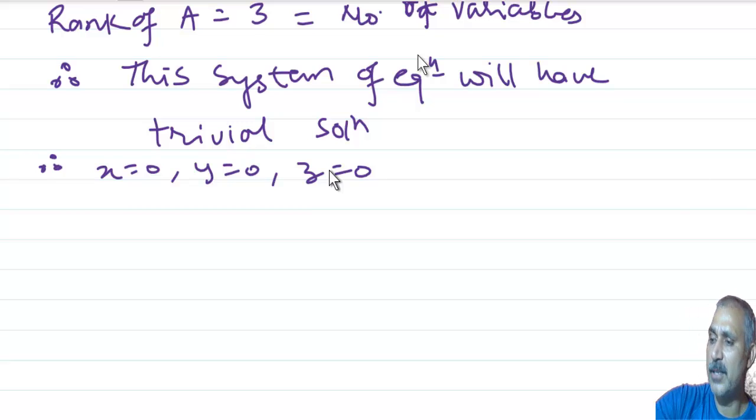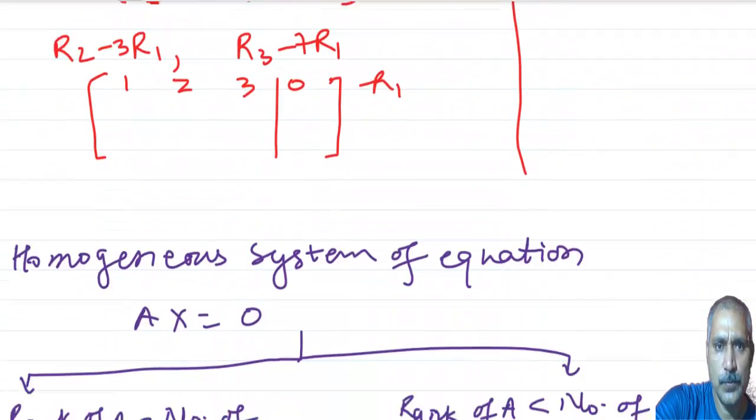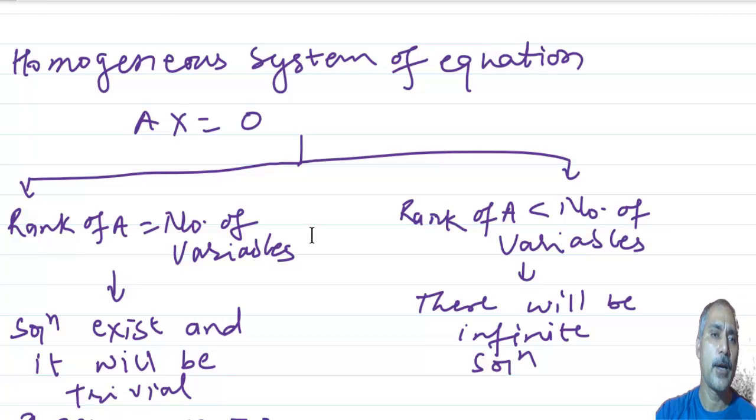I will be revising this again for you. We will be doing from the starting point. Yes. Now, we started with the concept of homogeneous equation. An equation of the format Ax is equal to 0. That means the b part, as we have done in the case of non-homogeneous, where it was Ax is equal to b. Now, when it comes to Ax is equal to 0, the system will be called homogeneous. In the homogeneous system of equations, there are two types of solution. The one where the solution exists and is trivial.